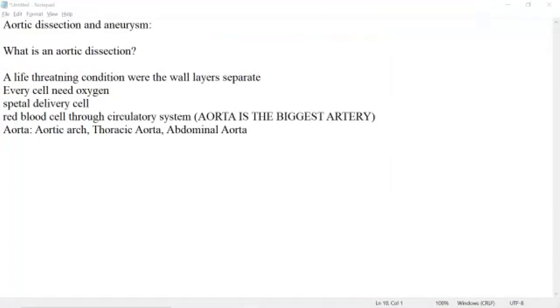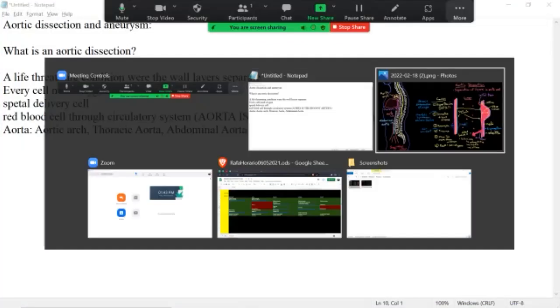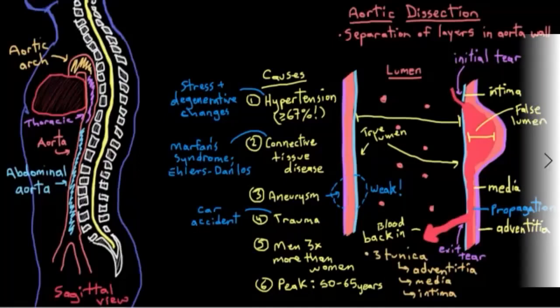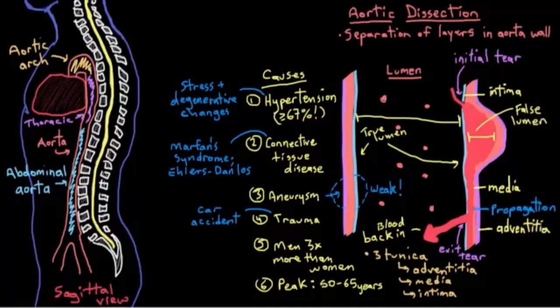Because here we can see we have the aorta and there is a lot of pressure here. So the blood enters here and then it makes a false lumen and it can burst, right? And there can be bad consequences. So the medics will be doing that, and also if there is actually an aneurysm.